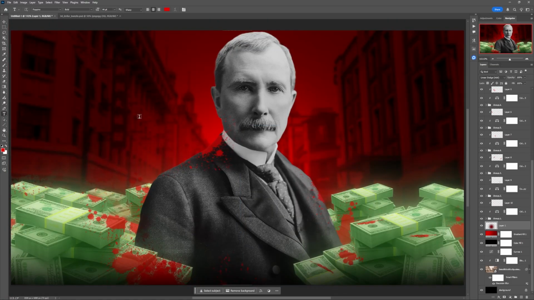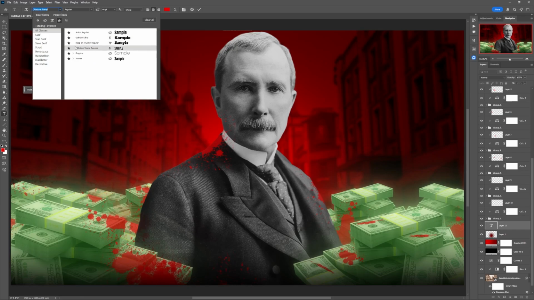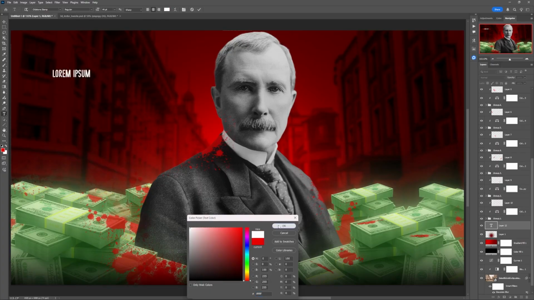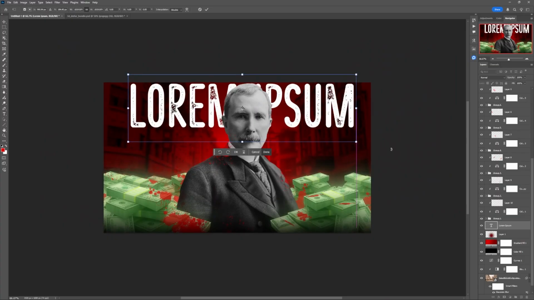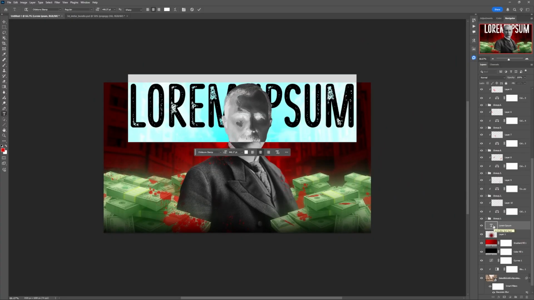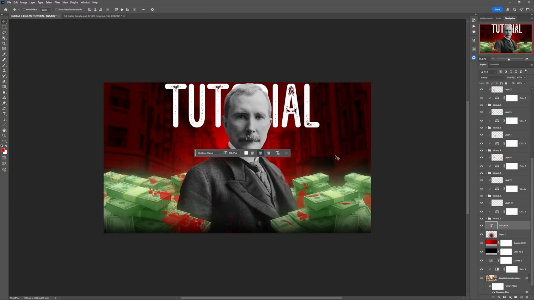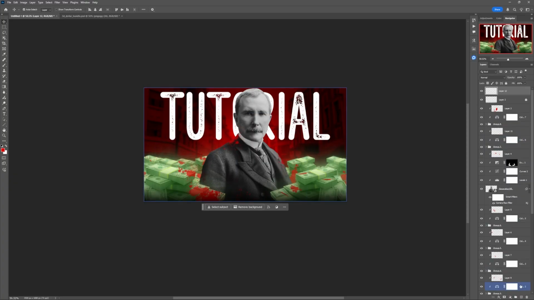And last thing, we're gonna put a text. So choose a font, maybe this vintage one. Yes, we choose a white color. Make the text bigger. And I'm gonna write tutorial. Like this. And to spice things up, we're gonna create a new layer and hold Ctrl Alt Shift E